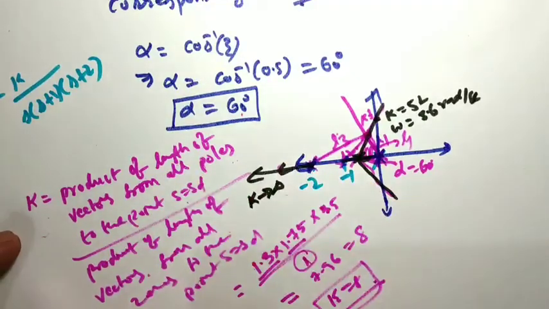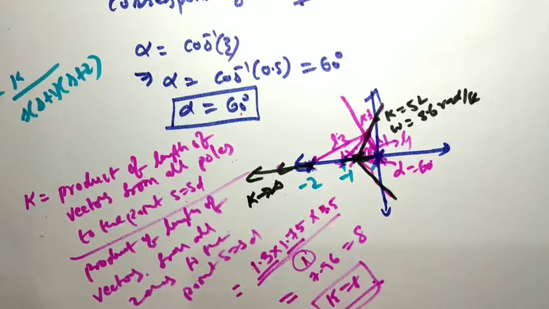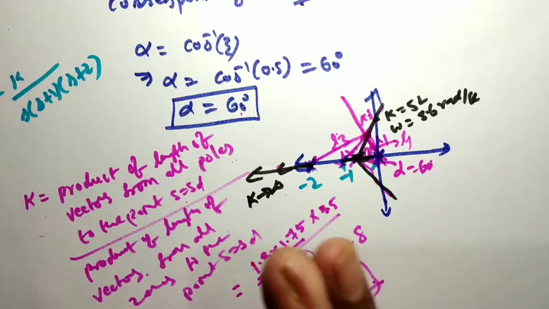This is how we are going to find rule 9. So when we are doing the problems, all rules may not be applicable. Some rules will be applicable, some rules may not be applicable. So this is all about the 9 rules. If you know these 9 rules, you can easily do problems.